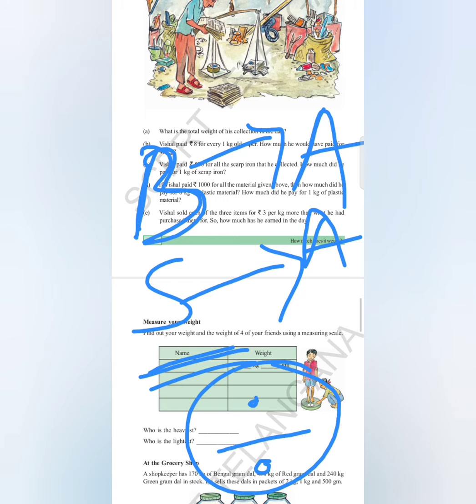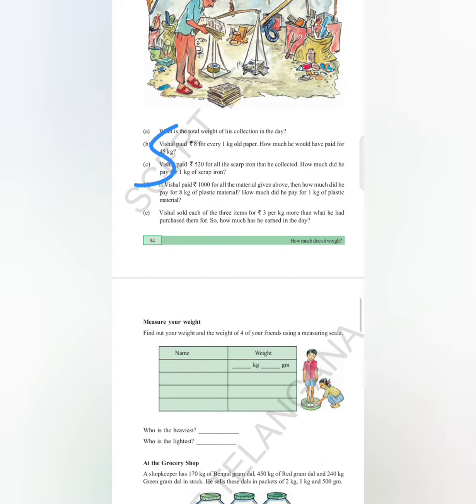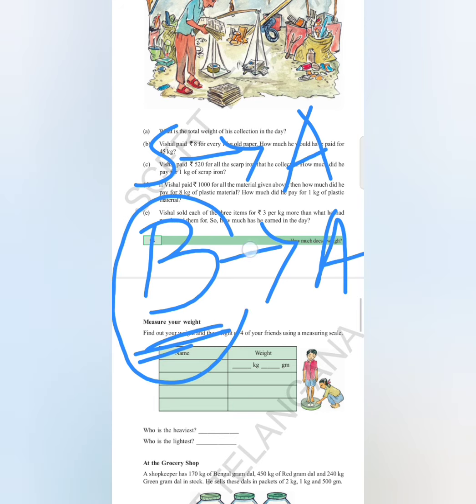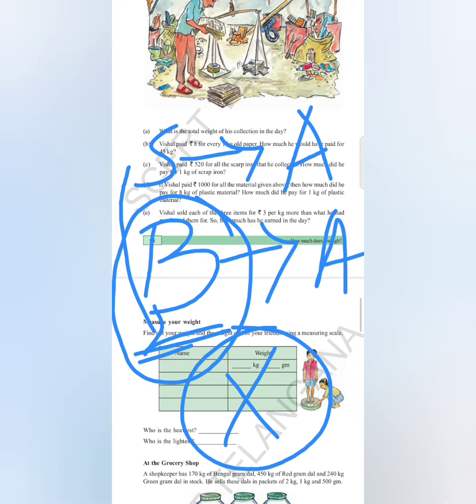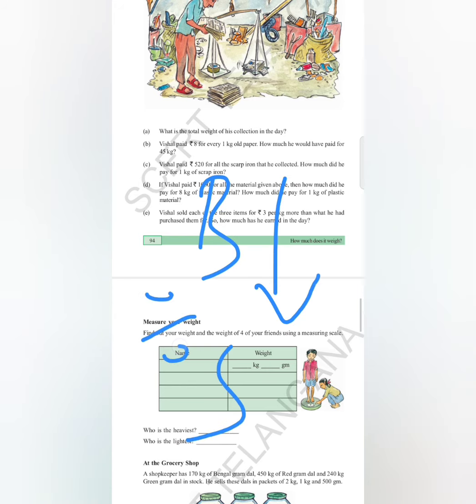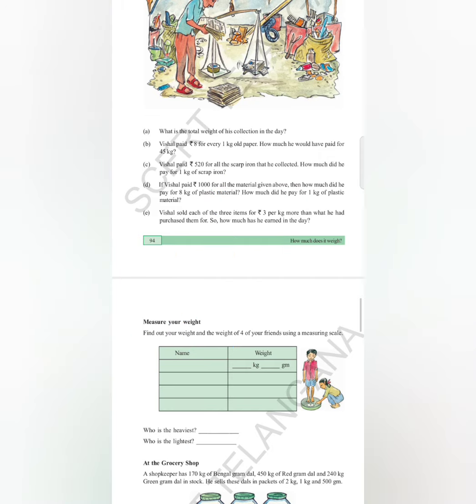If it is the case that the smaller quantity is given with its amount and you have been asked to find out what would be the amount when the quantity is increased, at that time, going from small to big, you have to do multiplication. If you are going from bigger to small, at that time you have to do division. I hope it is clear to you. Remember it forever. Now let's move towards our problem.